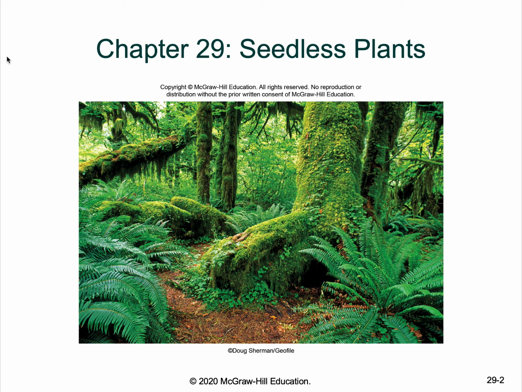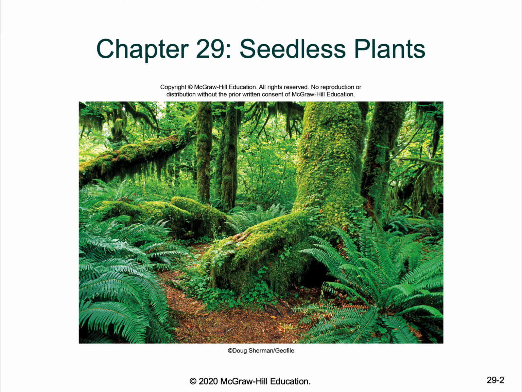Again, this is the earliest type of land plant, so they couldn't travel far away from the water, and they weren't in full sun. One of the main reasons is because of the spores. They don't have a seed. A seed has a seed coat and it's very protective. A spore does not have that, and so it can dry out very easily.